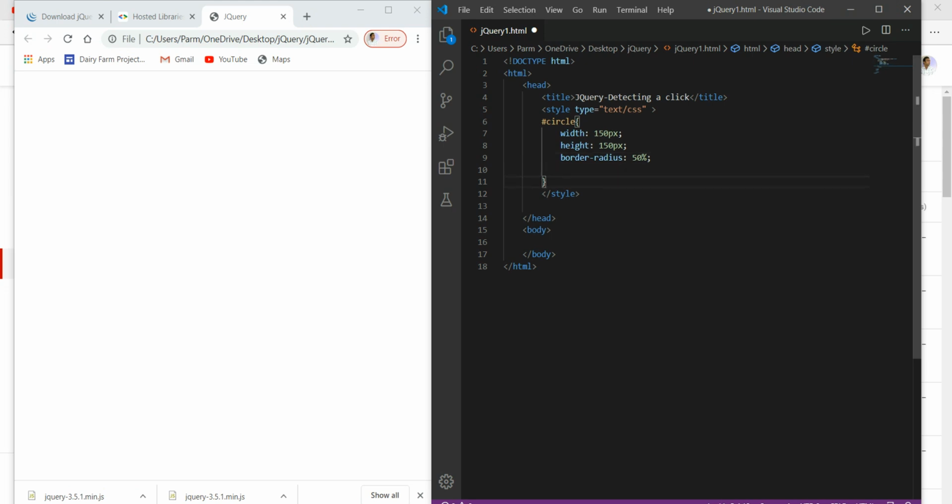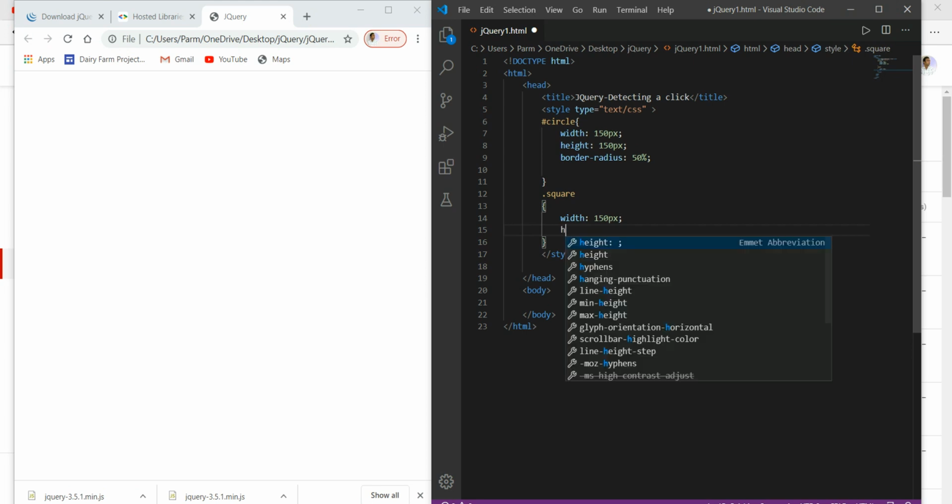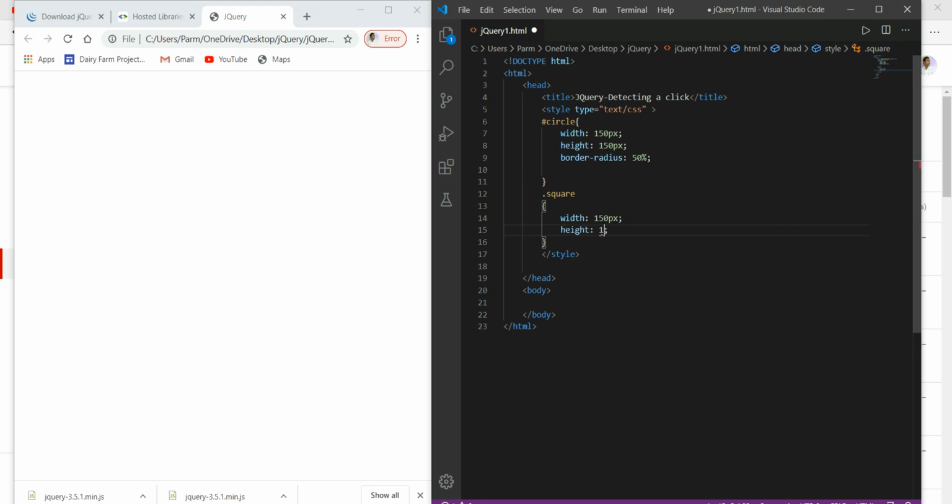Now we have to create a square. For that I am taking a class, say square, and here we go writing this. Here we need to have a width of say 150 pixels, a square having both width and height equal, so height 150 pixels.